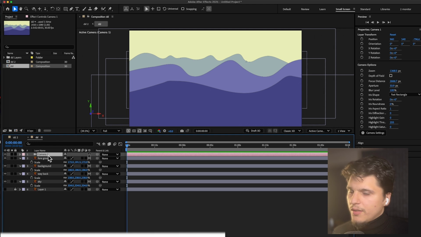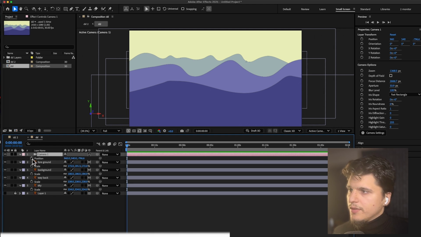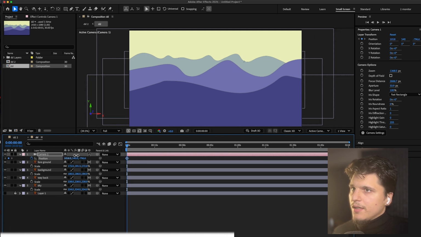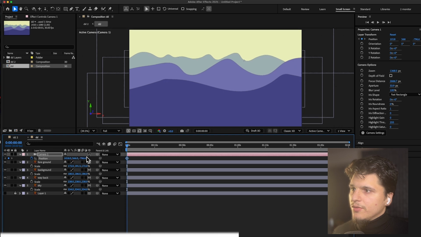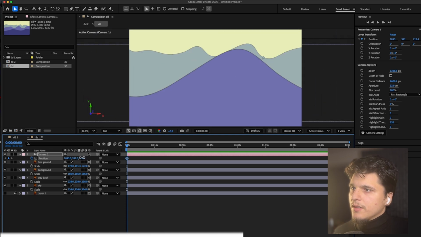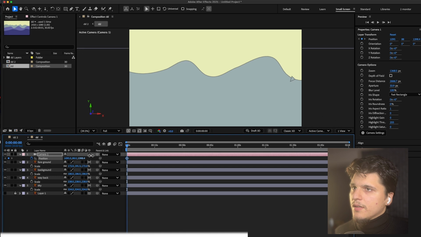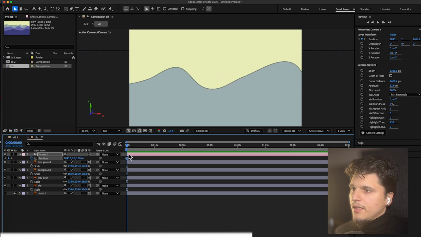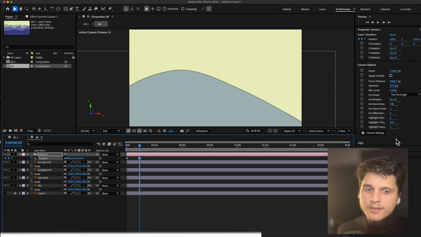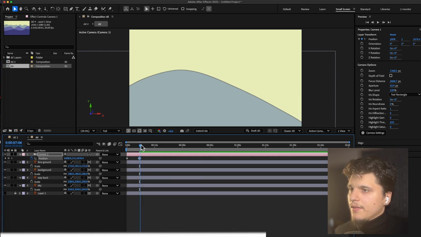Now from here, I'll click on P for position. I'm gonna add a keyframe right over here, and I'm just gonna zoom in. Zoom in. Okay, I'm gonna zoom in and zoom in. Okay, and then couple of keyframes. I'm just gonna move like this. I like this animation. And then after that, I'm gonna move a couple of keyframes ahead, a couple of seconds,